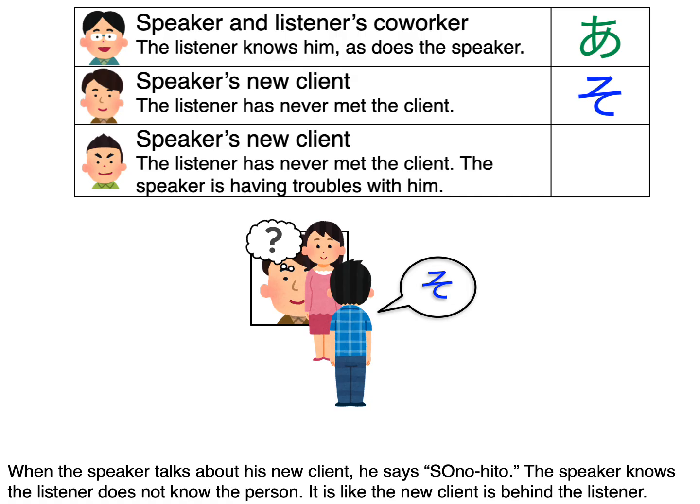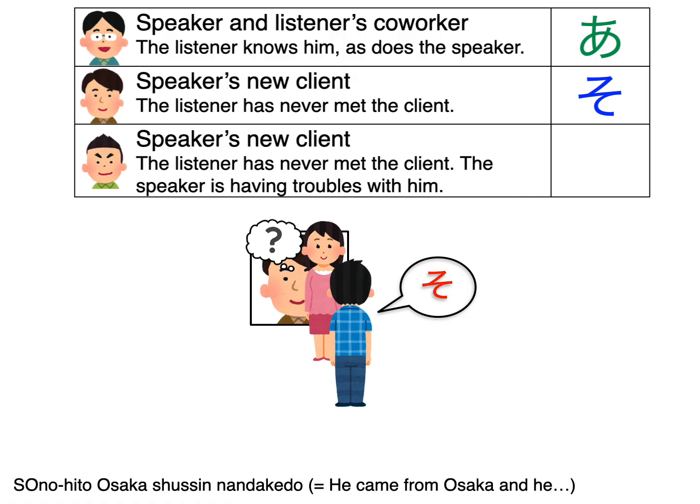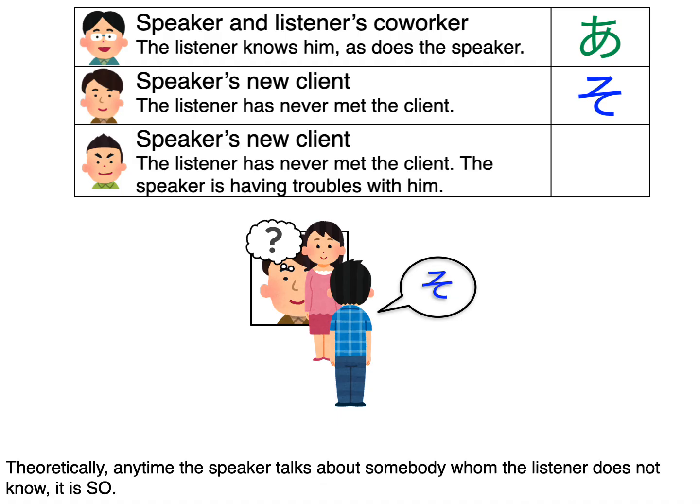When the speaker talks about his new client and he says その人, the speaker knows the listener does not know the person. It is like the new client is behind the listener. その人大阪出身なんだけど。Theoretically, anytime the speaker talks about somebody whom the listener does not know is そ。